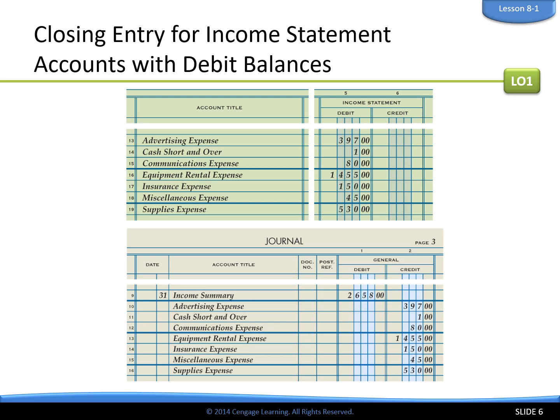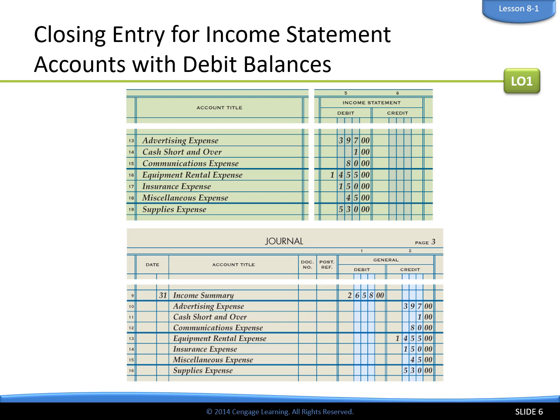So you can see we have each of our expenses listed in the journal, and we have them listed as credits. Okay, then we'll total all of those up, and we'll create a debit entry to income summary for that amount. All right, we zeroed out our expenses, and we took that total, and we now have a debit